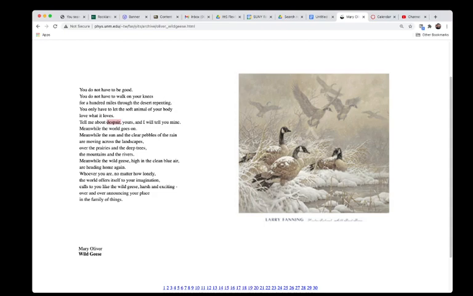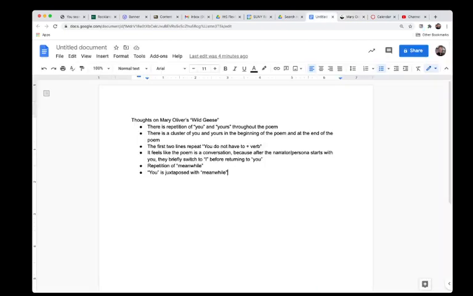So we've talked a lot then about, I don't think we took notes on the world. The world is repeated twice, once at the beginning and once at the end, okay? And so we've thought about the poem, we've reread the poem a few times, we've dug in and we've looked at the very specific word choices of the poem. And, at this point, now we have a bunch of observations about the poem. None of these are a thesis statement, not even one of them, right? Because they are all true things that cannot be disagreed with. So, for example, the word meanwhile is repeated in the poem. Yes, it is, right? There is no debating that the word meanwhile is repeated.